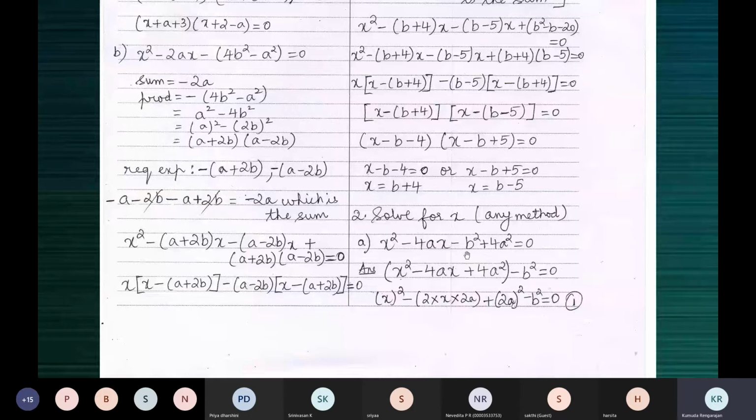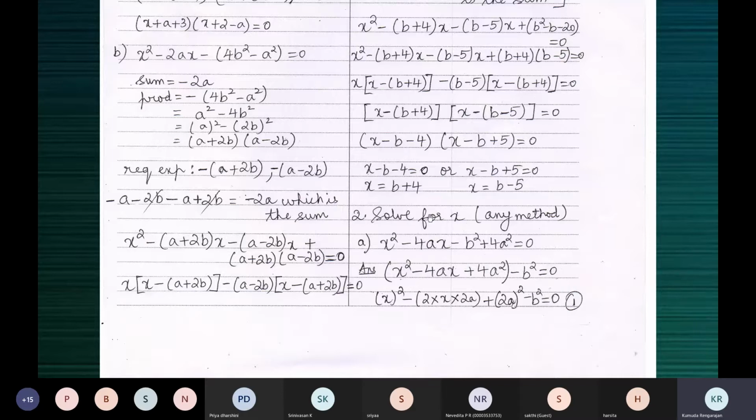So I'll tell you, it's easy to select. It cannot be minus b square, because then it will be a square minus 2ab minus b square. See, the identity goes like this, right? Only the middle term 2ab has a plus or minus. It's a square plus 2ab plus b square, or a square minus 2ab plus b square. In both cases, it's a square plus b square, either plus 2ab or minus 2ab, which makes a plus b the whole square, a minus b the whole square accordingly.